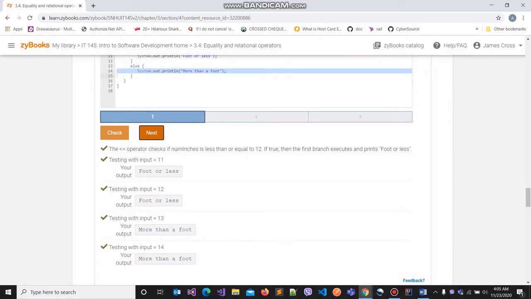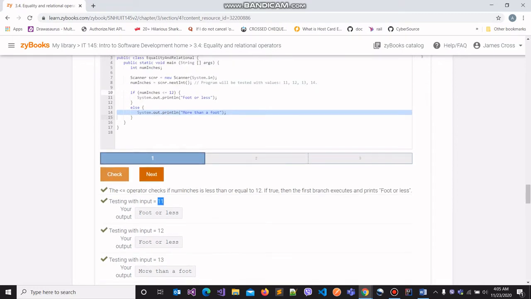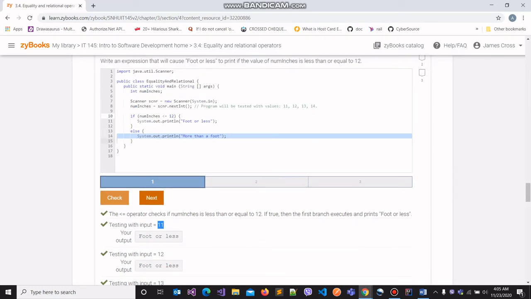One of the test inputs was 11. The value stored in num_inches was 11, and we know that 11 is less than 12, which means that this expression would evaluate to true, which in turn means that the code within the if block is going to be executed, and hence "foot or less" is going to be printed onto the console.